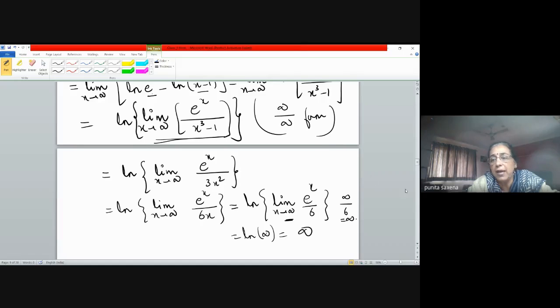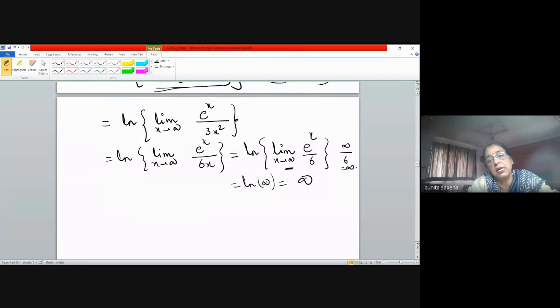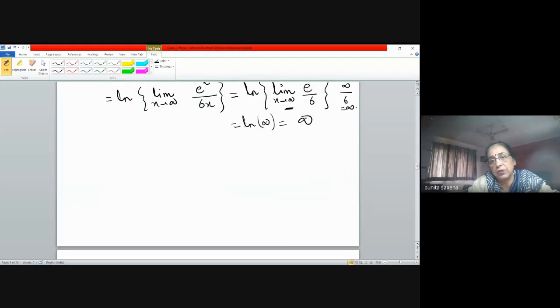So we can apply L'Hopital's rule as many times as we want. But the only word of caution is that the function must be an indeterminate form. And not just an indeterminate form, it must be either 0 by 0 or infinity by infinity. That's why at every step you have to check whether it is infinity by infinity or 0 by 0. But then, there are certain interesting limits which look as if L'Hopital's rule must be applied, but actually, they just give you the limit. Like, for example,